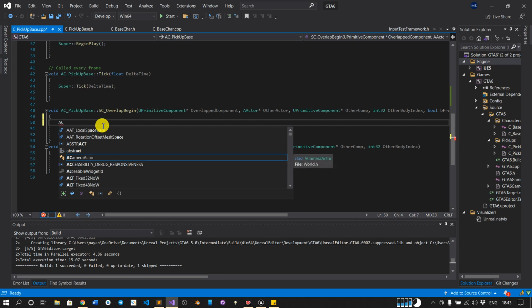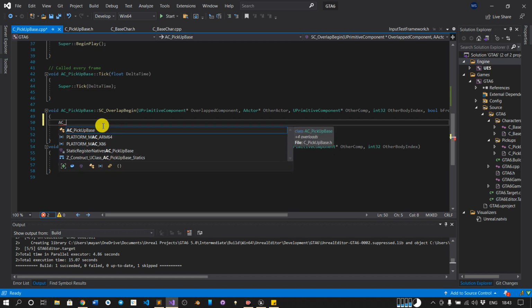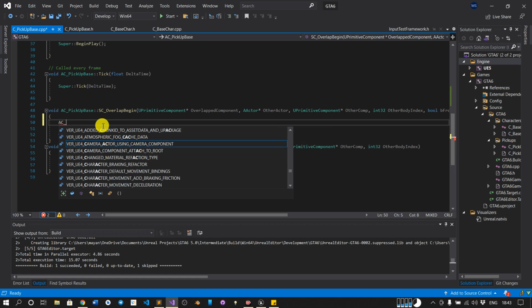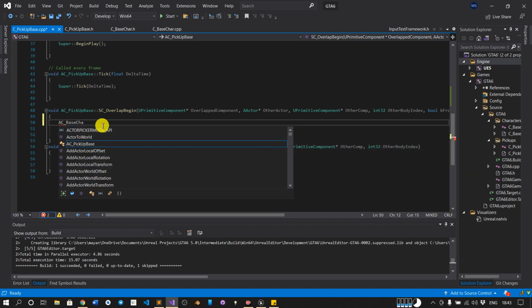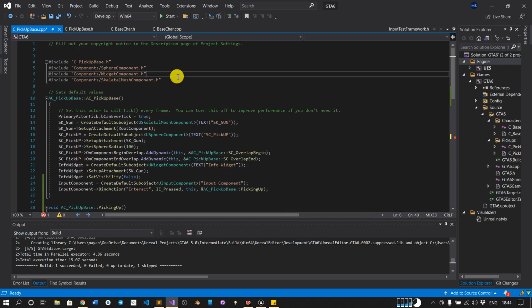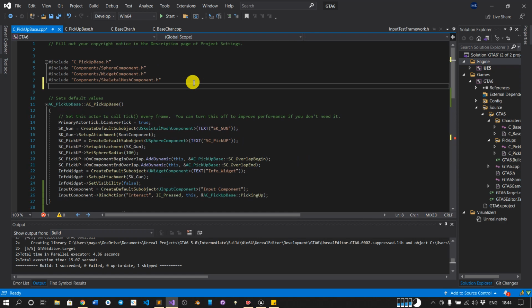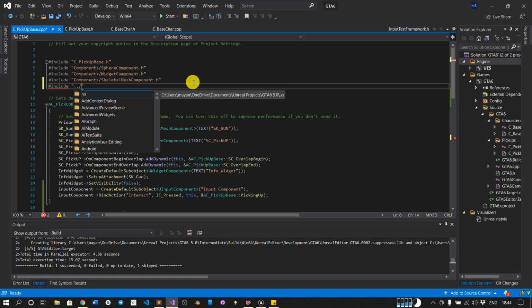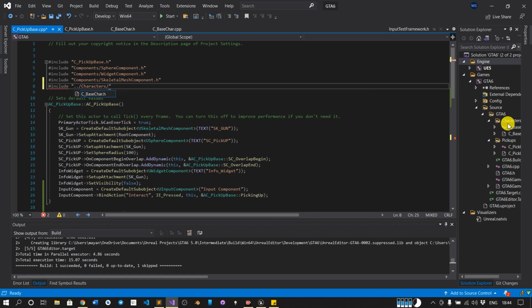AC_BaseCharacter. Okay, we haven't included its file yet. So what we will do, hash include. We need to go back in the folder because we are currently here and we need to go to the characters folder. So characters and C_Base.